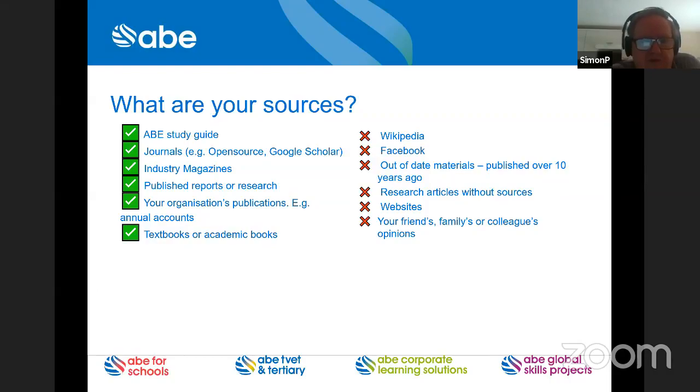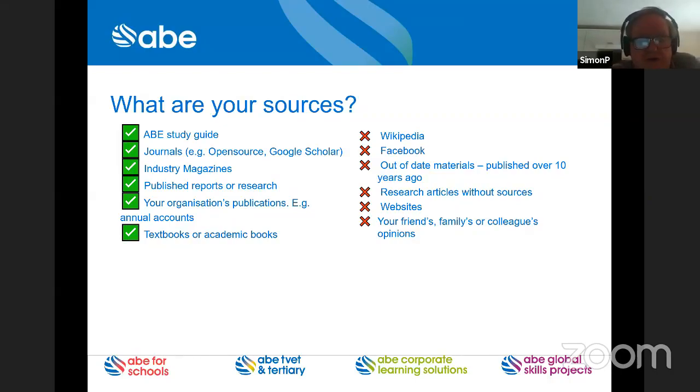So we start first of all with the ABE study guide. There's one for each unit. The study guides contain a wealth of information about the theories and the bibliographies that are used in the construction of the units, and should be used as a springboard for debate, for analysing the debates about particular subjects. So start with those, and then move out to other sources, particularly those which are what we call the academic